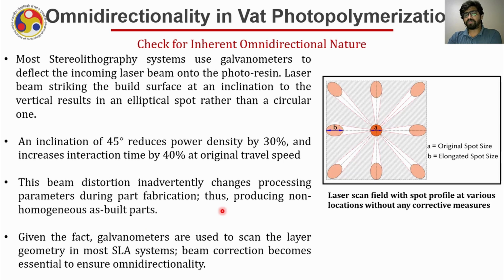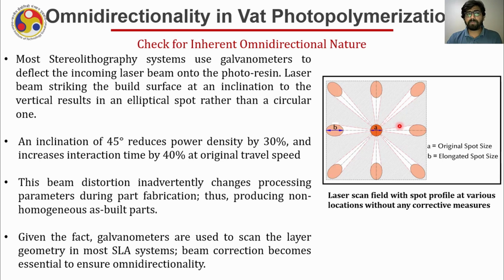Most stereolithography processes use a galvanometer to deflect the incoming laser beam onto the photoresin tank. The laser beam strikes the build surface at an inclination to the vertical, resulting in an elliptical spot rather than a circular one. We already know that. So if the laser beam is just falling at the center, it will give you a perfect square cross section of the laser beam. But if it is deflected away, you can imagine very easily the projection of the laser beam onto the wet photopolymer bed will be elliptical in shape, and this size and shape of the ellipse will keep on changing